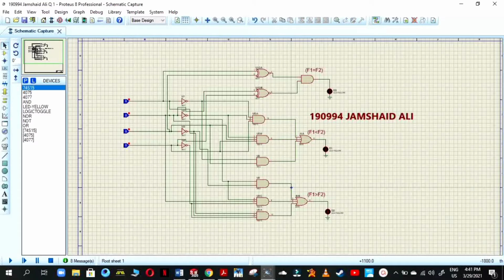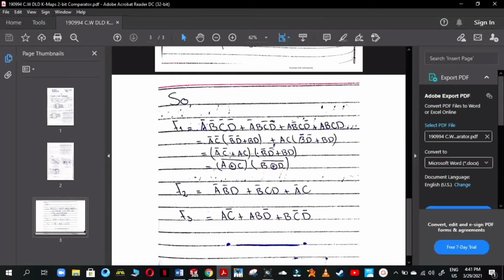First of all, I am going to show you the basic Boolean expressions. These are the 3 Boolean expressions for our 3 conditions. The first Boolean expression is for XNOR gates. Here we will first design an XNOR gate for A and C, and then an XNOR gate for B and D, and by using an OR gate, we will combine these 2 gates.